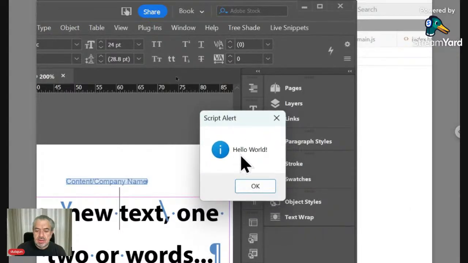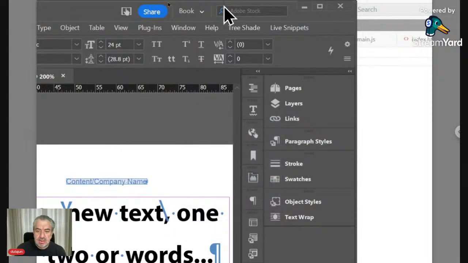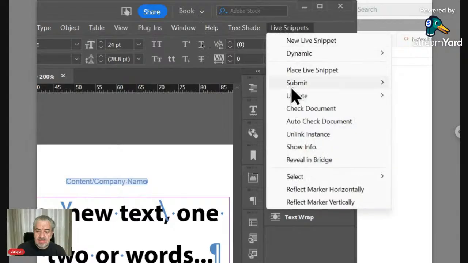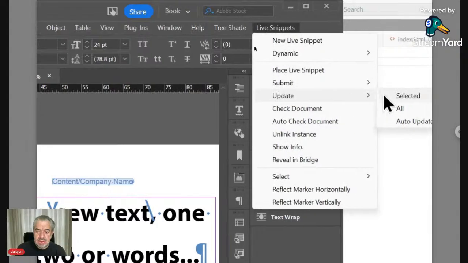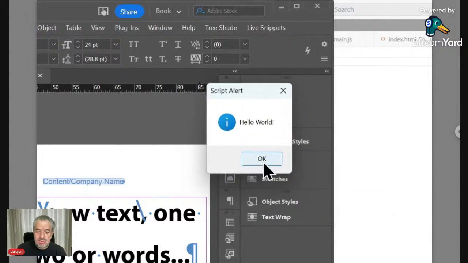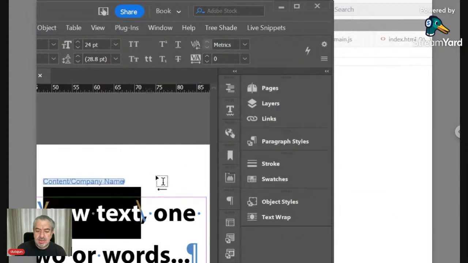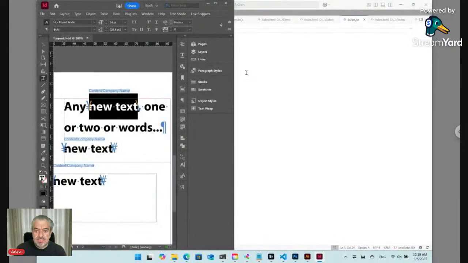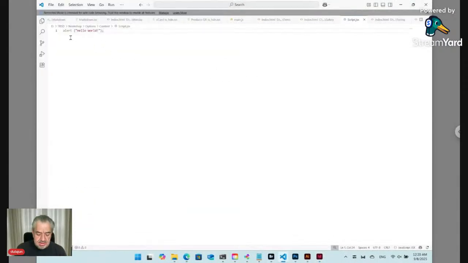See, the script is executed when the snippet is updated, because when you add the dynamic style or dynamic content, the live snippet is updated. So here now if we update selected, you will have hello world. And instead of hello world we can write